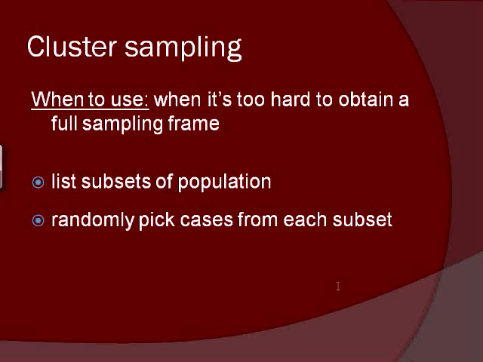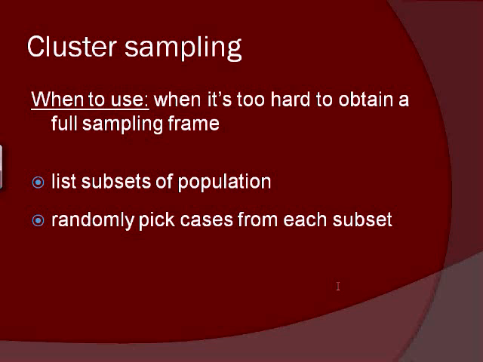And there's 50 states in the US, and you can very easily obtain a valid, perfect sampling frame that is a list of all of the 50 states. You can randomly select, let's say, 5 states from that list. Then from each of those 5 states, you can randomly select cities. It's very easy to obtain a list of cities or maybe counties in every state and randomly sample those counties